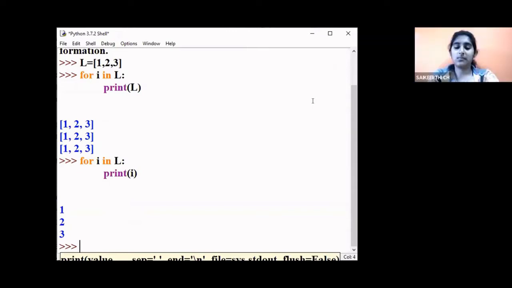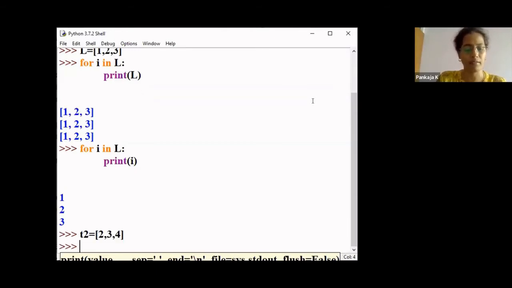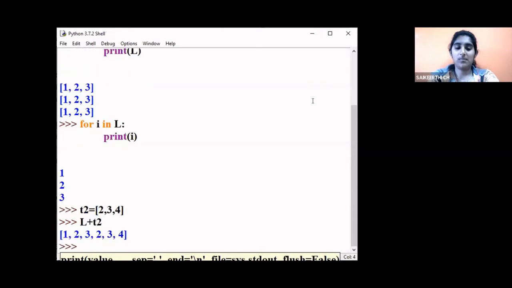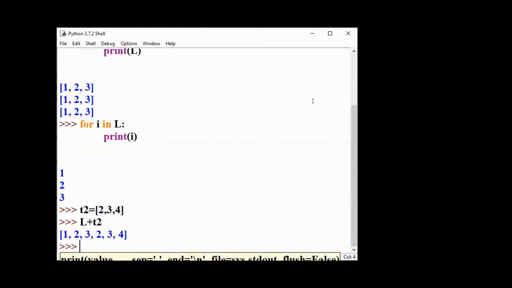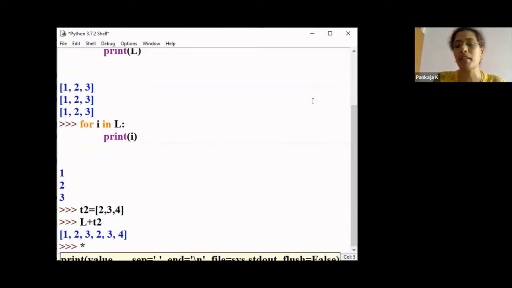I'll just say T2 equal to 2, 3, 4. If we concatenate, that is L plus T2, it is going to concatenate, right? And star is going to repeat a number of times. This also we have seen.